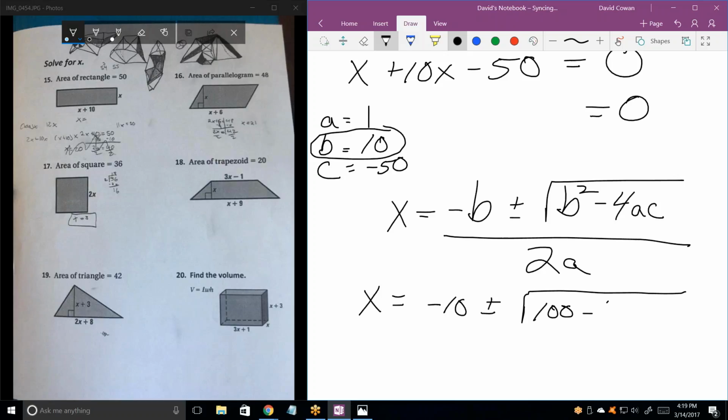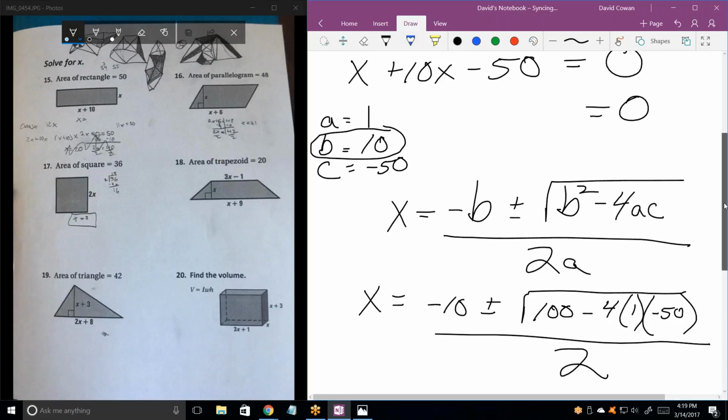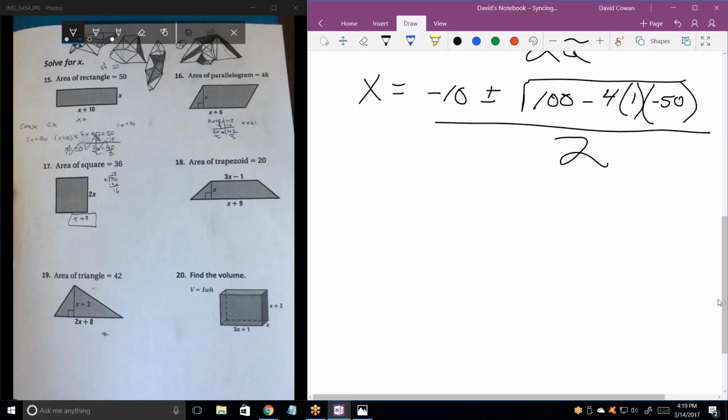And then for this part, I always think it's best to not try to do this calculation in your head. Always substitute. Then simplify. And the bottom is 2. Okay, now we've got